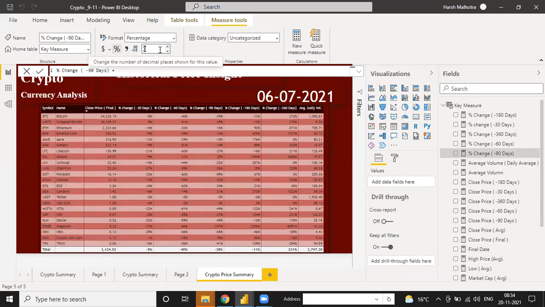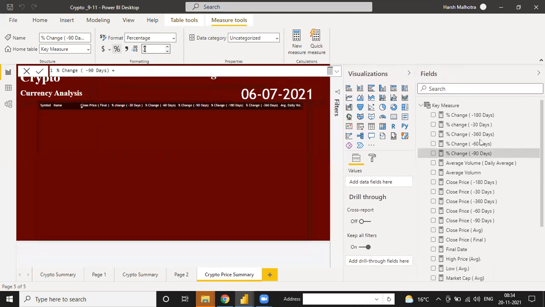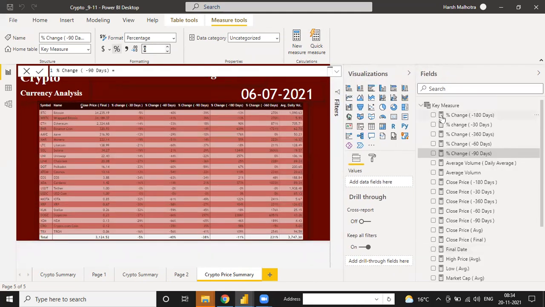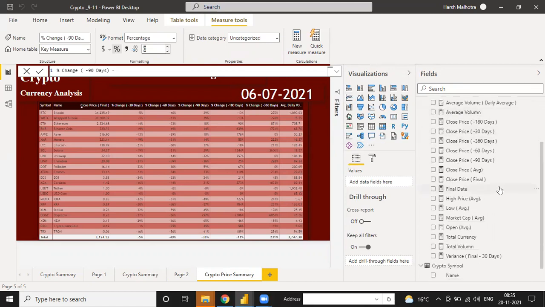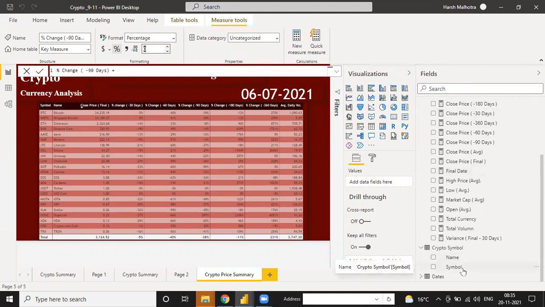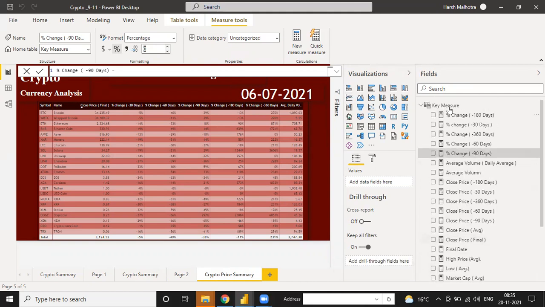Sir, one more thing. Very first day we created key measures here, and stored all our measures in the key measures table. Actually, why am I creating this key measures table? Suppose after 2 or 3 weeks, if you are working on the same project and I did not create this key measures table, then these measures will be divided into multiple tables, and it will not be completely possible to manage. So that is the reason I am creating one table.